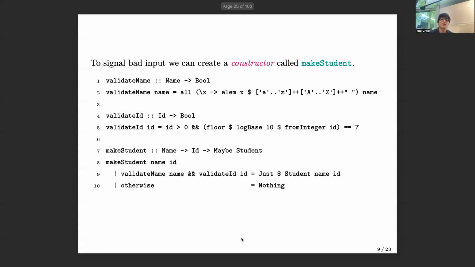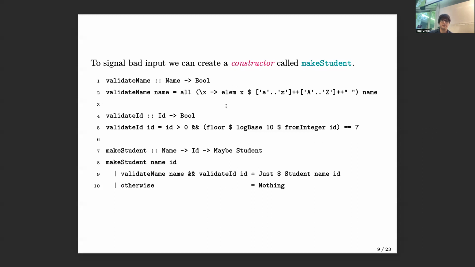Okay, but what happens if I want to not allow that to happen? Well, I can write the following set of code in Haskell to validate a name, now utilizing the fact that we have some higher order patterns. A name is valid only when every one of its characters is either a lowercase letter, uppercase letter, or space, I suppose. And this is an expression which is encoding exactly what I just said. A name is valid when all the elements from that name